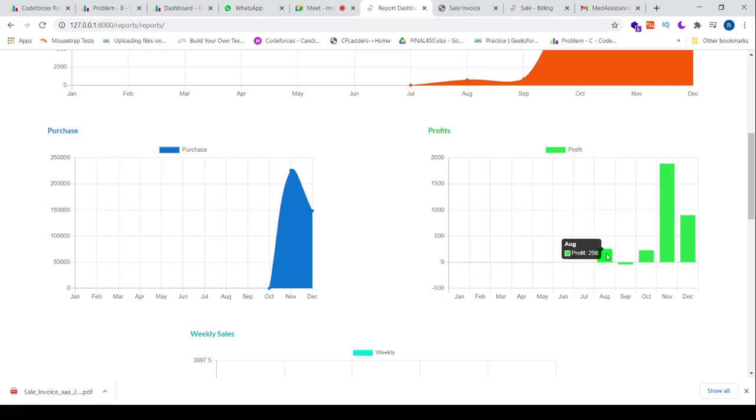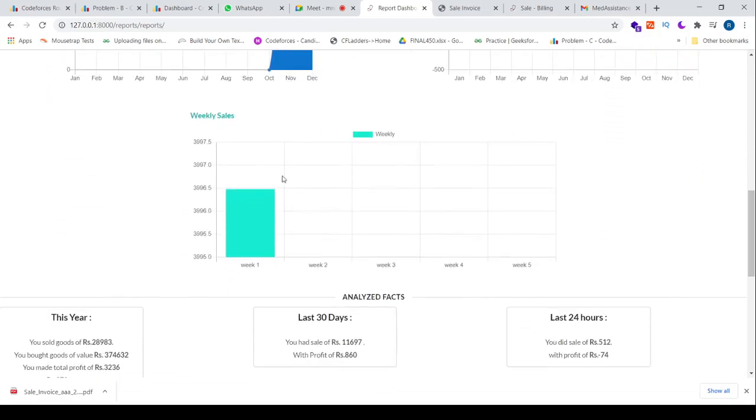You can see in August it has a profit of 256. There is a bar chart for it, and there is purchase. Purchase as a time series graph plotted here. Now we have week-wise purchases. So we sold 3,996 items this week.